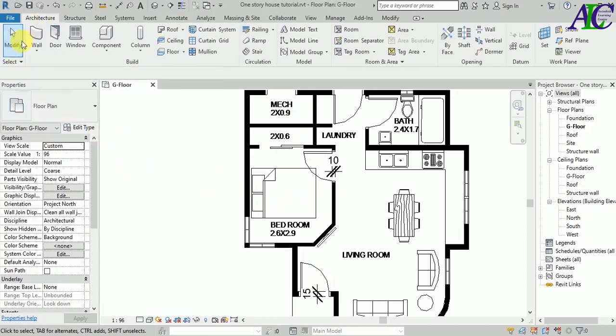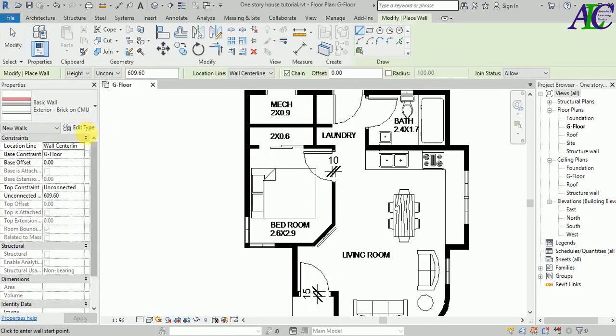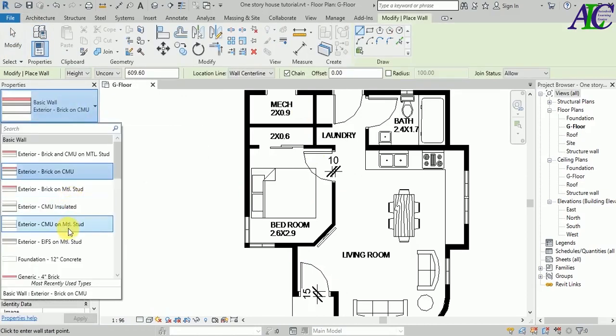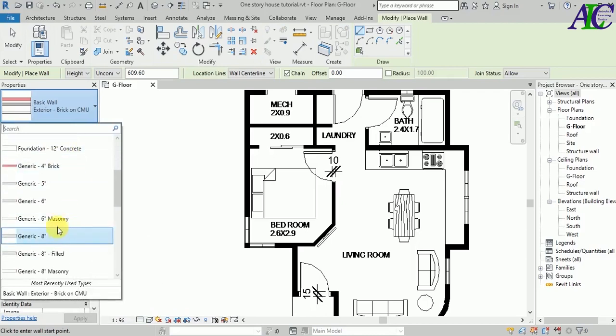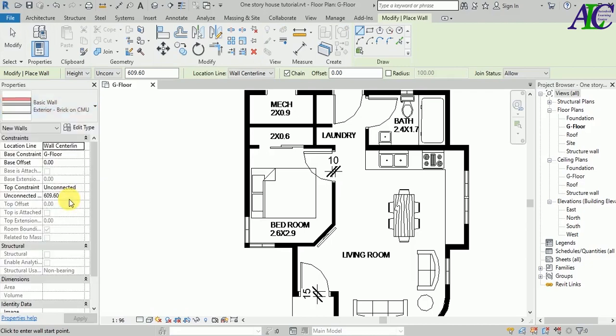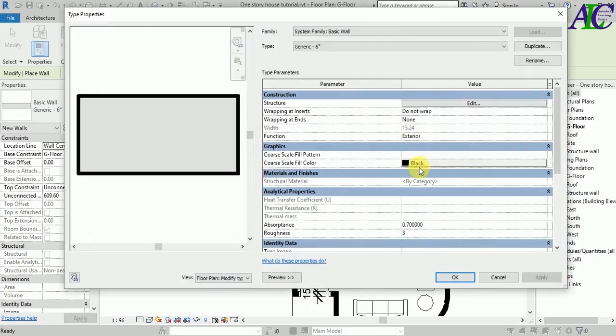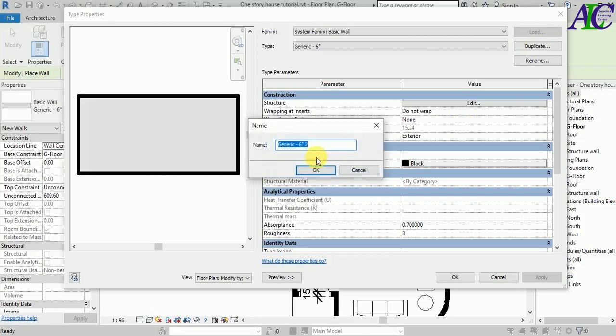Okay, and then let's go to Architecture, and then Wall, and then from here just select one of them. I'm going to select like Generic 6, and now I'm going to edit this wall. I'm going to create my own wall. So let's type exterior wall,